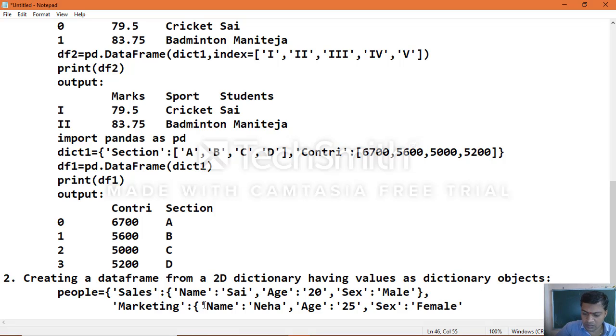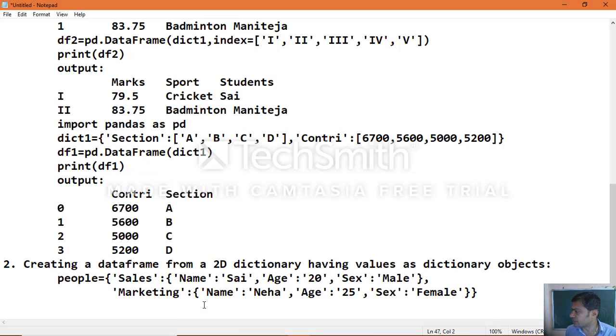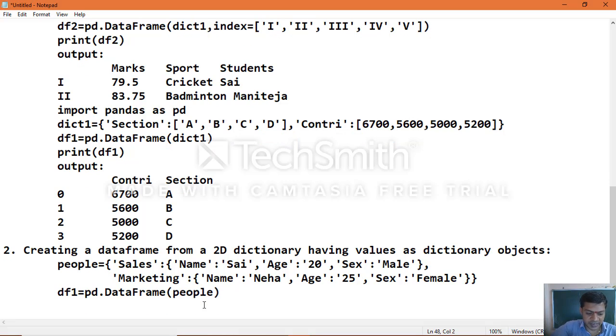Now close the inner dictionary, close the outer dictionary, then create the object: df1 equal to pd.DataFrame of people. Data frame of people.